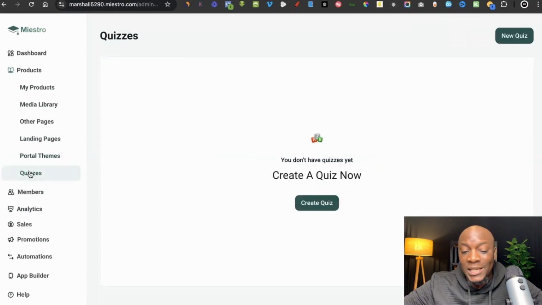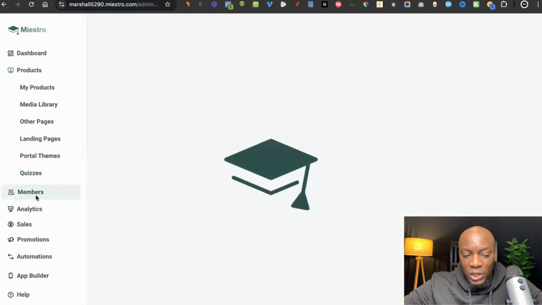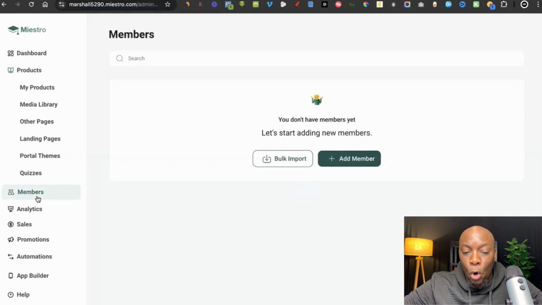Then there's also the option for quizzes, which will make your courses or your memberships more fun in that at certain points you can actually allow people to do quizzes that will help them test whether they are actually learning anything or not. Then there's going to be the member section here. This is where you're going to be able to review all the different members that you have. You can choose to add members one by one, or if you've got a list of members, or an email list of people that you want to add to your membership, you can use the bulk import option just by clicking here. And then once you have entered all your members, you'll be able to see all of them by name, by email address, and different categories that you will also be able to create.